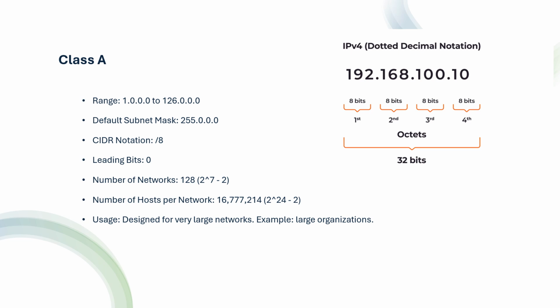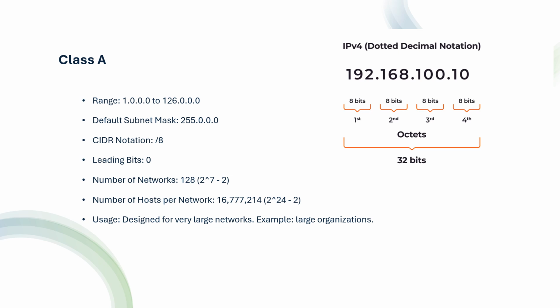The number of network addresses that can be provided by class A is 128, that is, 2 to the power 7 minus 2. The reason for the 2 to the power 7 is the number of bits, and the reason for the minus 2 is